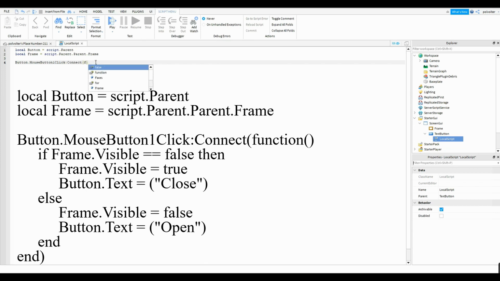brackets. Here you want to put function and then put an open bracket. If another closed bracket appears, just destroy that. So that should look like that. If it does, you've done a good job. Well done. Go to the end of line 4, press enter, and if you've done it right, an end should